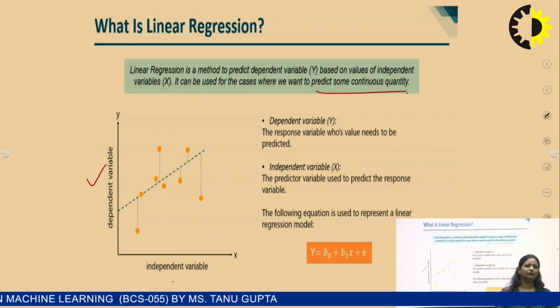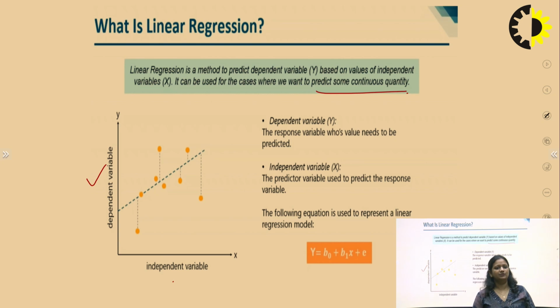What is in the regression concept? In the regression concept, if we have a continuous quantity, then in this case we are going to use a linear regression method. It can be used for the cases where we want to predict some continuous quantity or some real values. So, the independent variables and dependent variables, these are the data points, line of